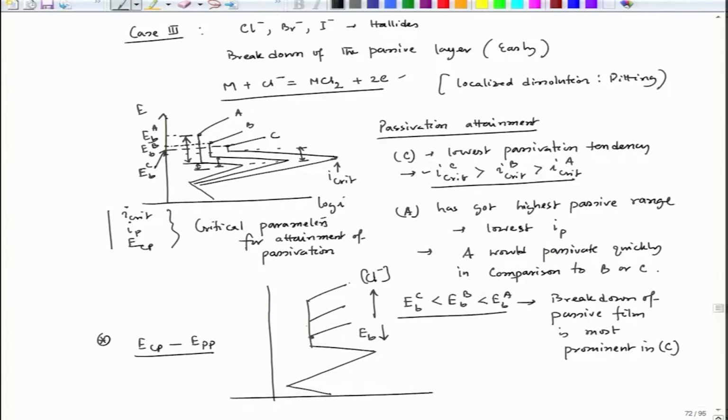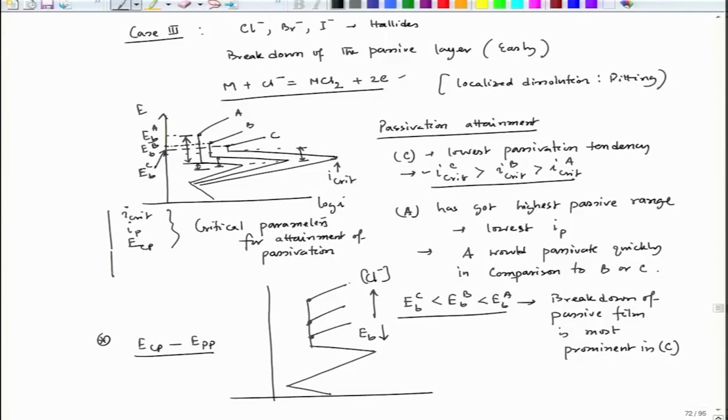So, that means the breakdown potential reduces. There could be an influence of an increase in chlorine ion, and that could lead to a decrease in breakdown potential, or there could be an inherent tendency of that metal oxide over that metal, which could have a lower or higher affinity to chloride. If it has a higher affinity to chloride, then it would immediately react with chloride ion and dissolve into the solution, and that would lead to the breakdown of the passive film and lead to pitting.